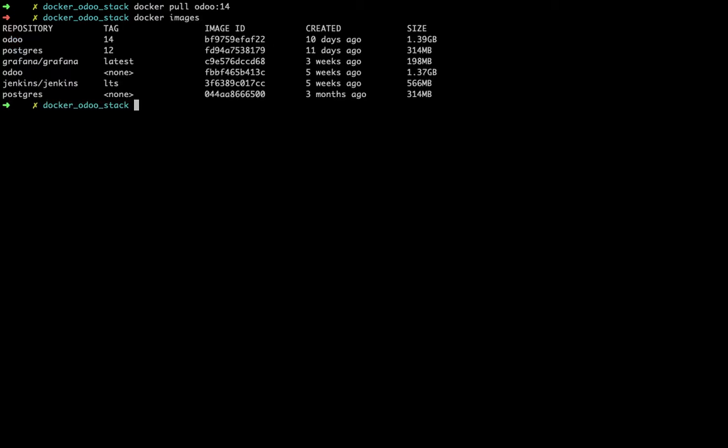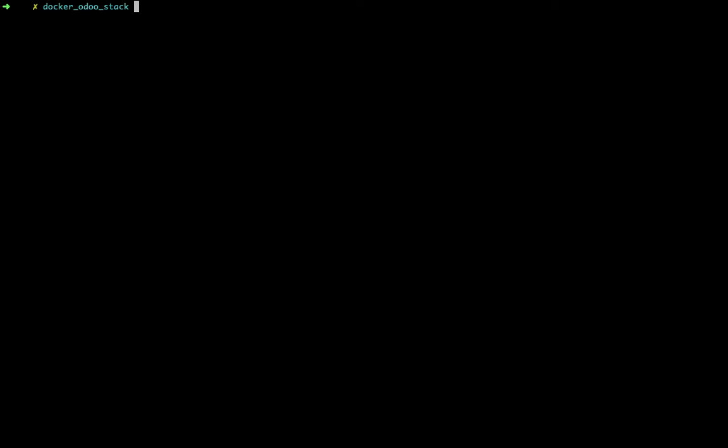docker images. Before we begin with the Docker Compose file, let's understand what Docker Compose is. Docker Compose is a tool that allows you to run and create a multi-container application. It uses a YAML file to configure the stack of your application and the connection between the services. With a single command, you can deploy your stack or completely remove your stack.